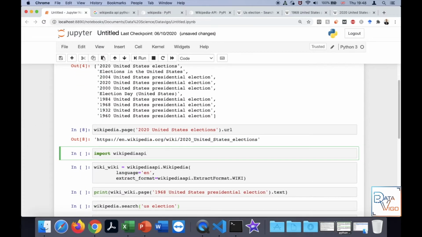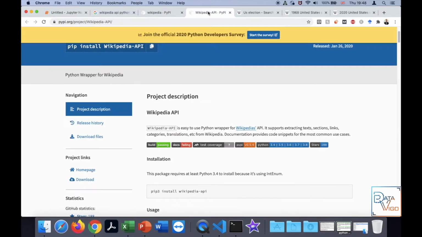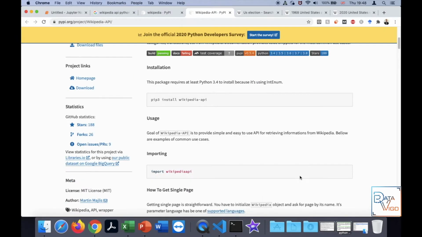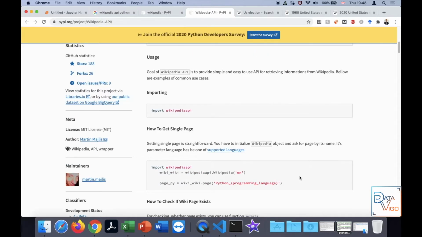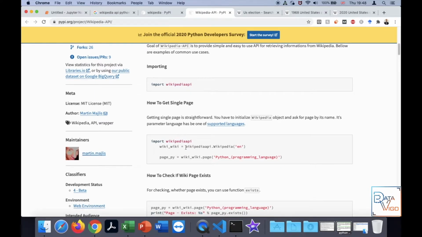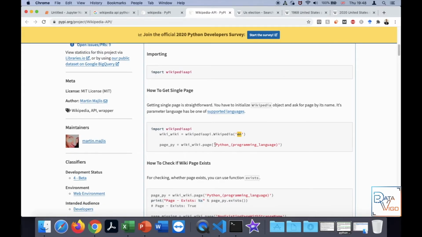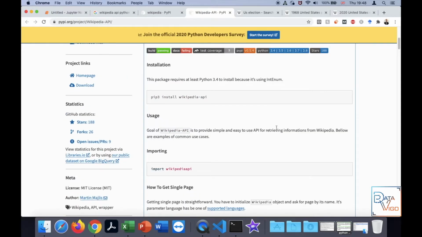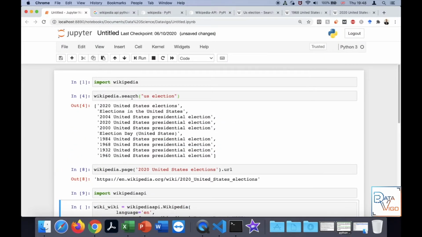So let's import the other Wikipedia API, and then we can do a bit of cheating by looking at the documentation. Again, the principle is the same as the previous API. So this one actually has set the language that we're going to use in the Wikipedia searches to English, and then it shows you an example of a page which is called Python programming language. This API, compared to the previous one, does not have the search result such as this one.